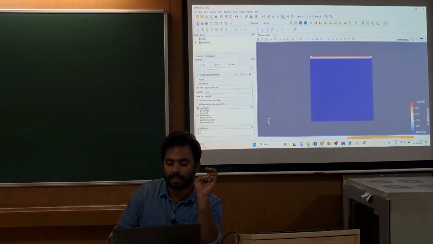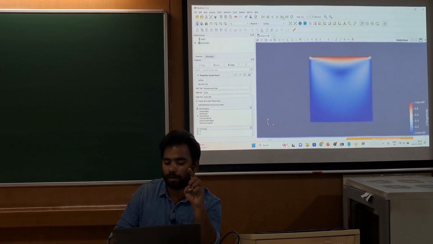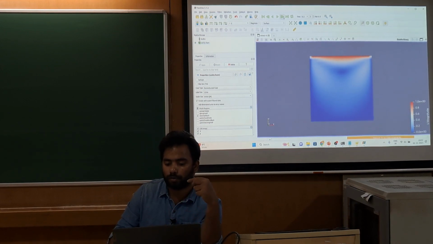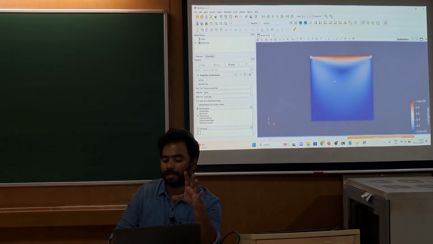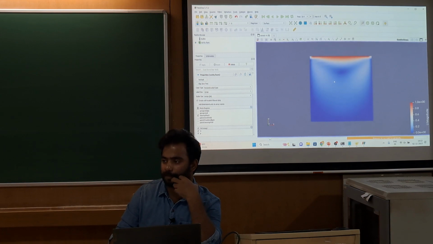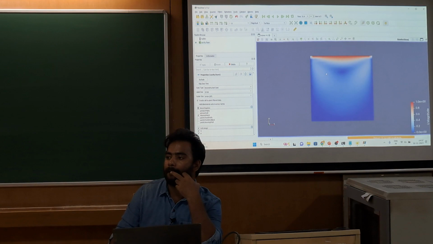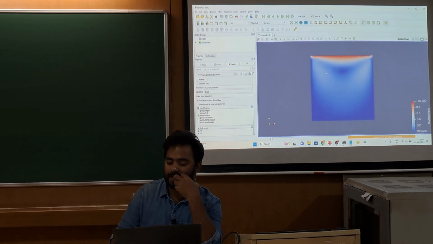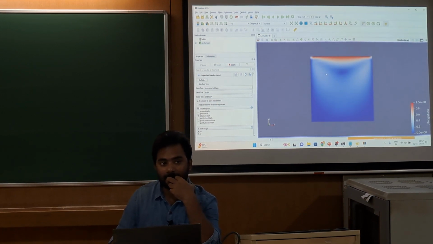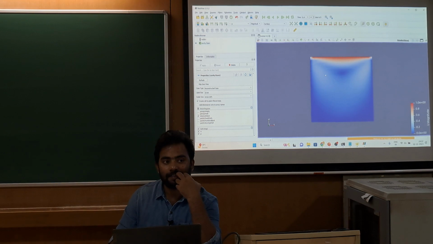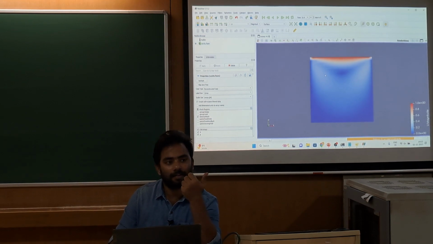When you click on these things, it will show 0.1, 0.2, 0.3 and 0.4. Because the solution is steady state, you are not observing any change for different times.